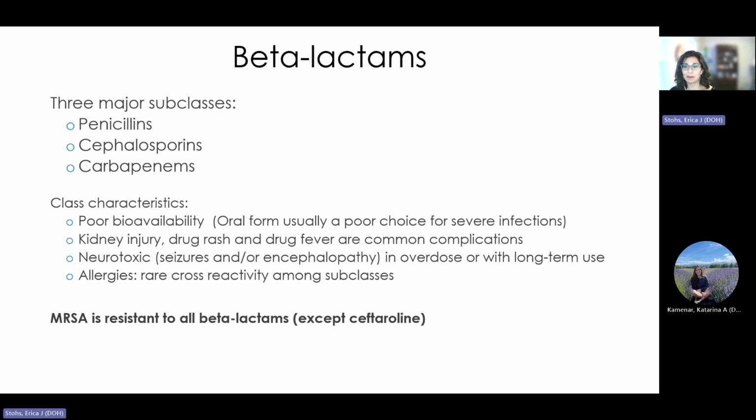So when we step down from an IV antibiotic over to an oral agent, it is common that we'll want to choose an oral agent that has better bioavailability than some others. So an example is amoxicillin clavulanate. If I know that my patient's UTI, for example, is susceptible, then I may transition them to that and choose that one over amoxicillin, which may need to be dosed more frequently in order to get the same activity. So this is just a general characteristic. I wanted to make that point.